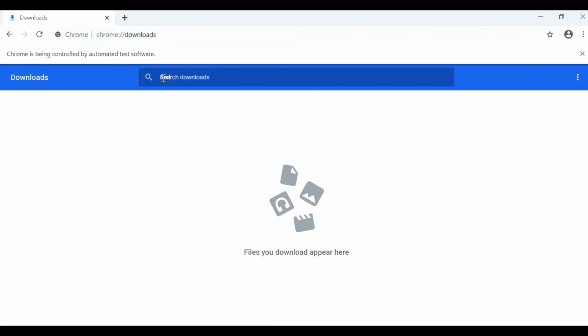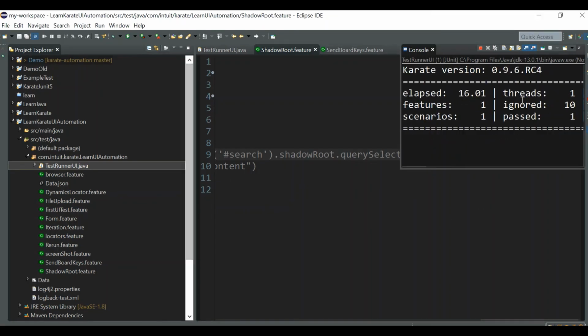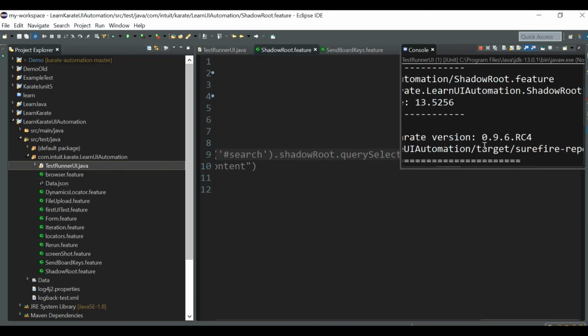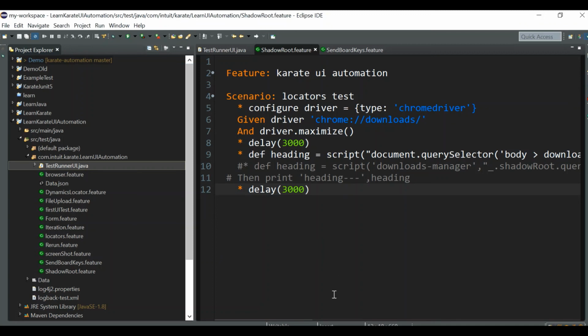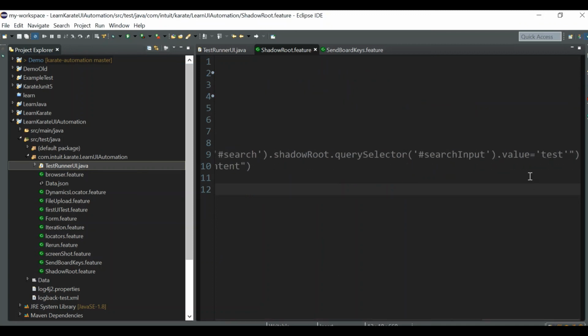Yes, the test is passed to that search field, right? So the test case is passed. The only thing is you need to know the property and method names that you have to choose here. For that you should be aware of some JS concepts as well.